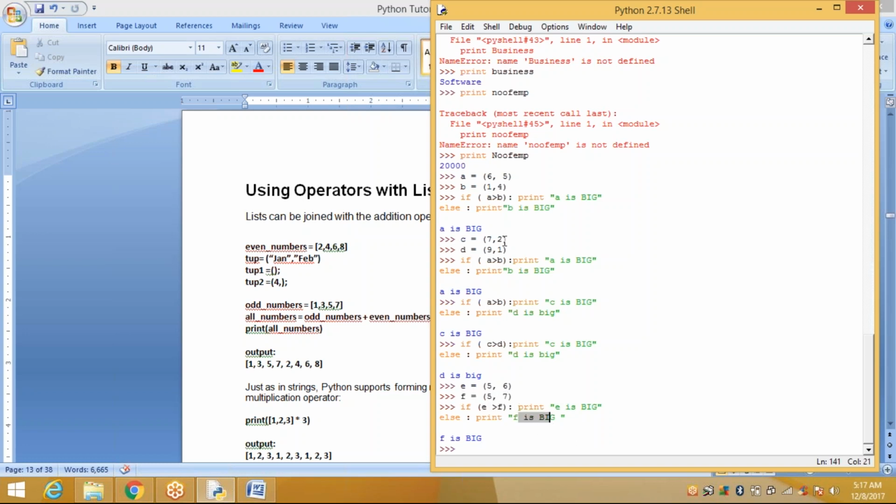It compares the first values in both tuples; if both are the same, it goes to the next value, and if that is also the same, it goes to the next, the second value, then the third value. Whichever is greater is displayed. That is comparison of tuples. Okay.